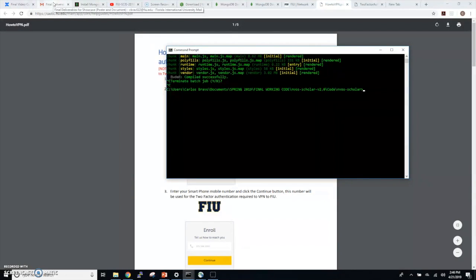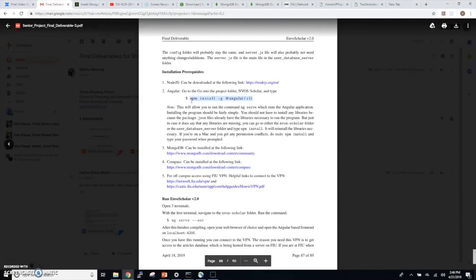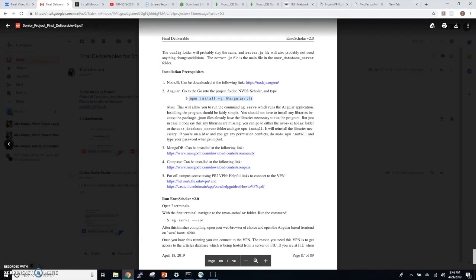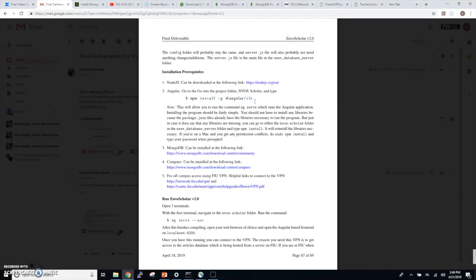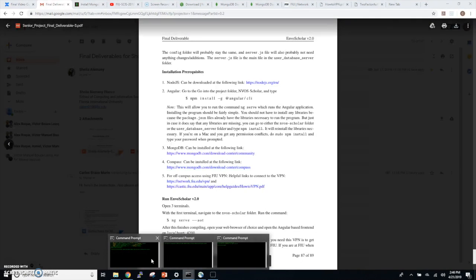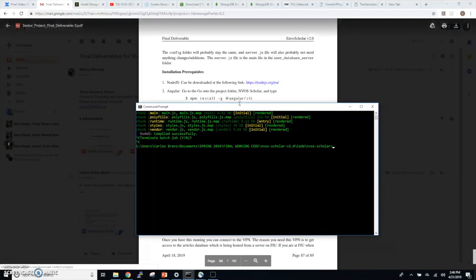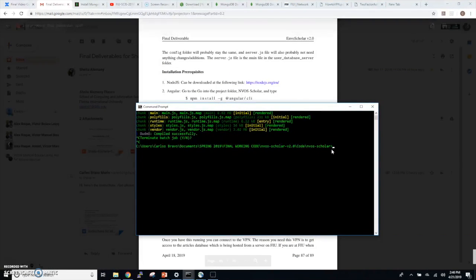The way you install Angular is by using this command, npm install -g @angular/cli. In my case, I'm not going to install Angular over again, but just simply run this command on the command prompt, and then this will allow you to run ng serve, which compiles the front end of the EnvoScholar. So once you go to this folder, you would type this command, npm install -g. In my case, I've already installed Angular, so I would just do